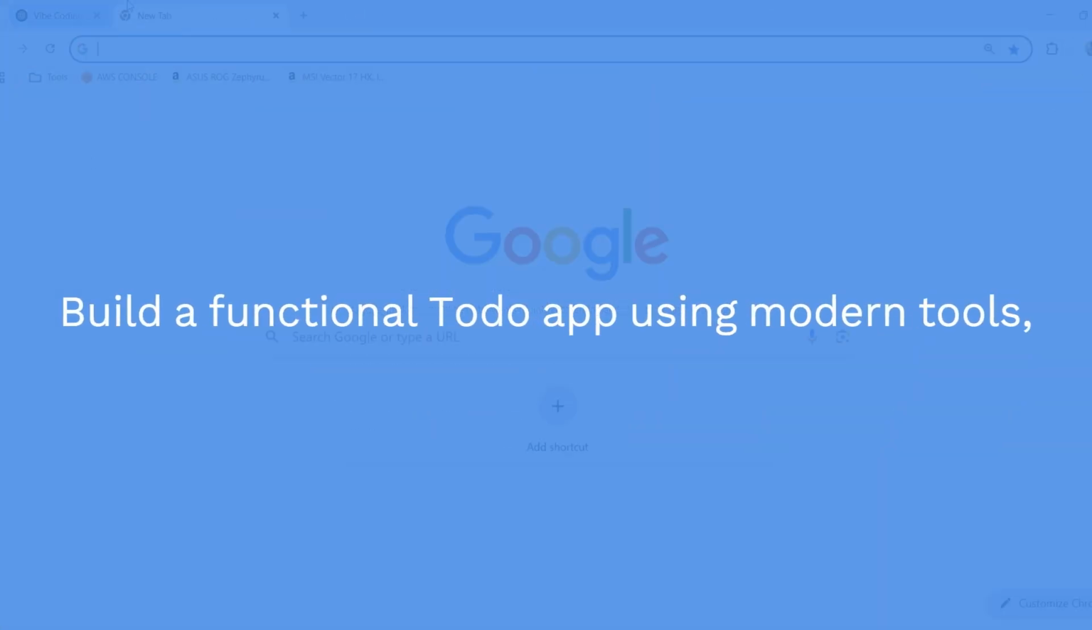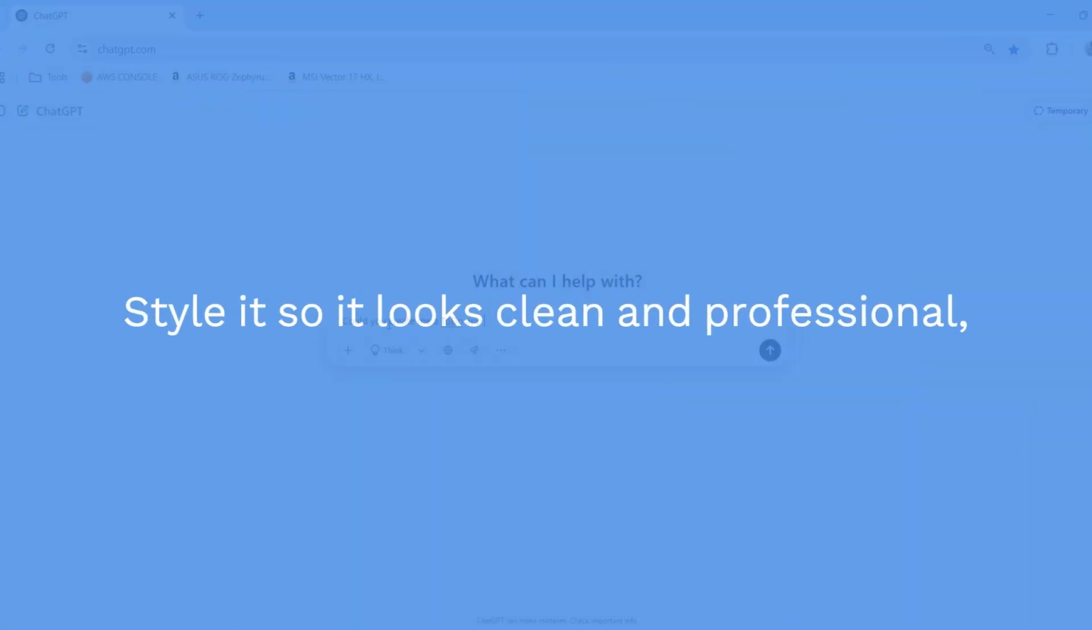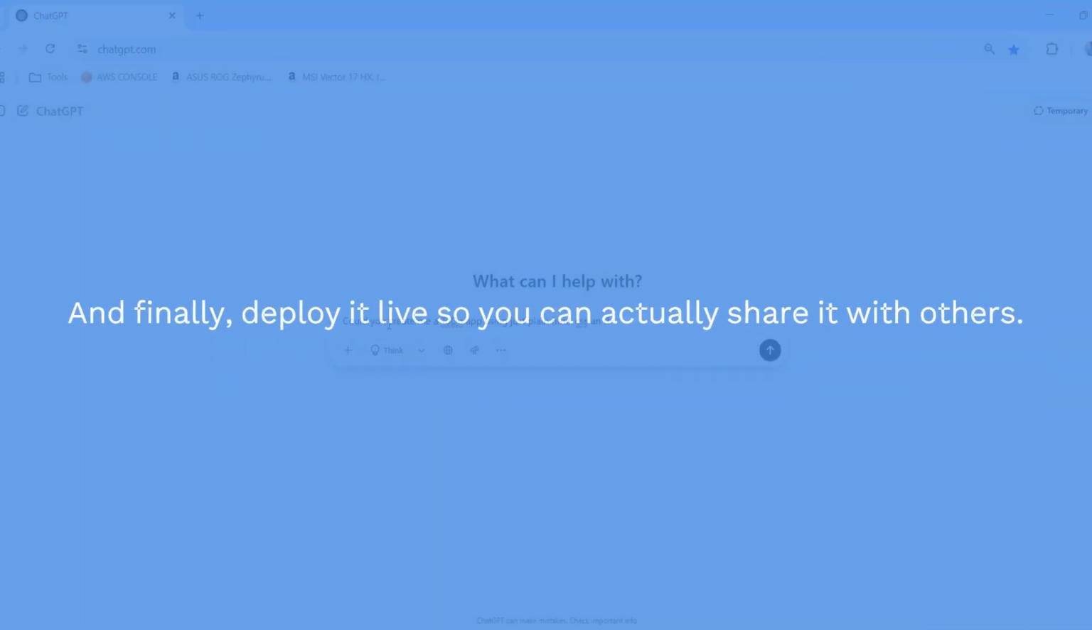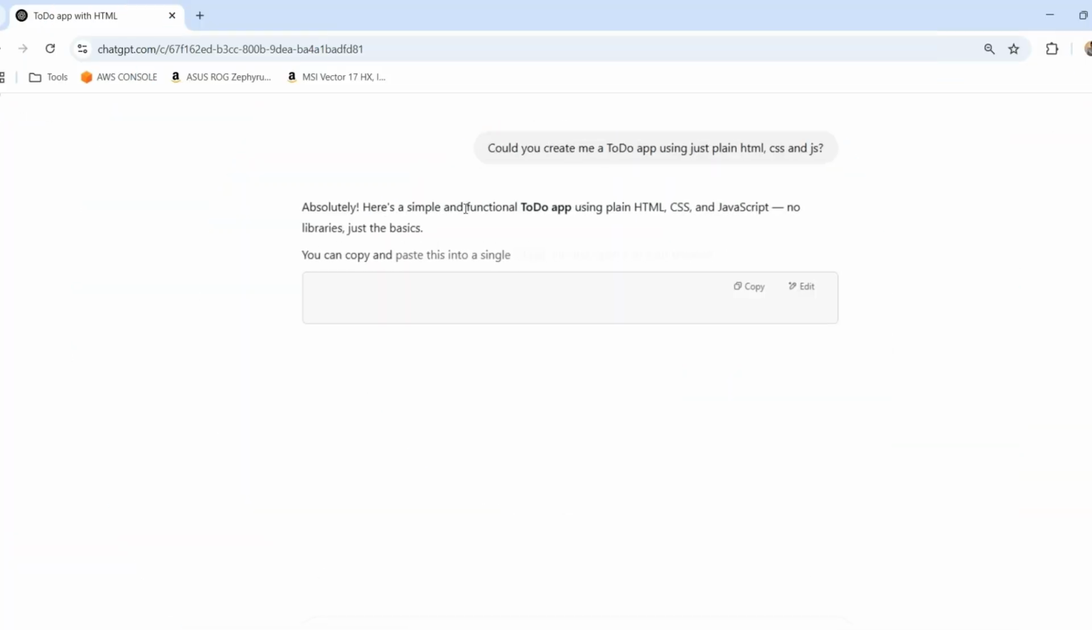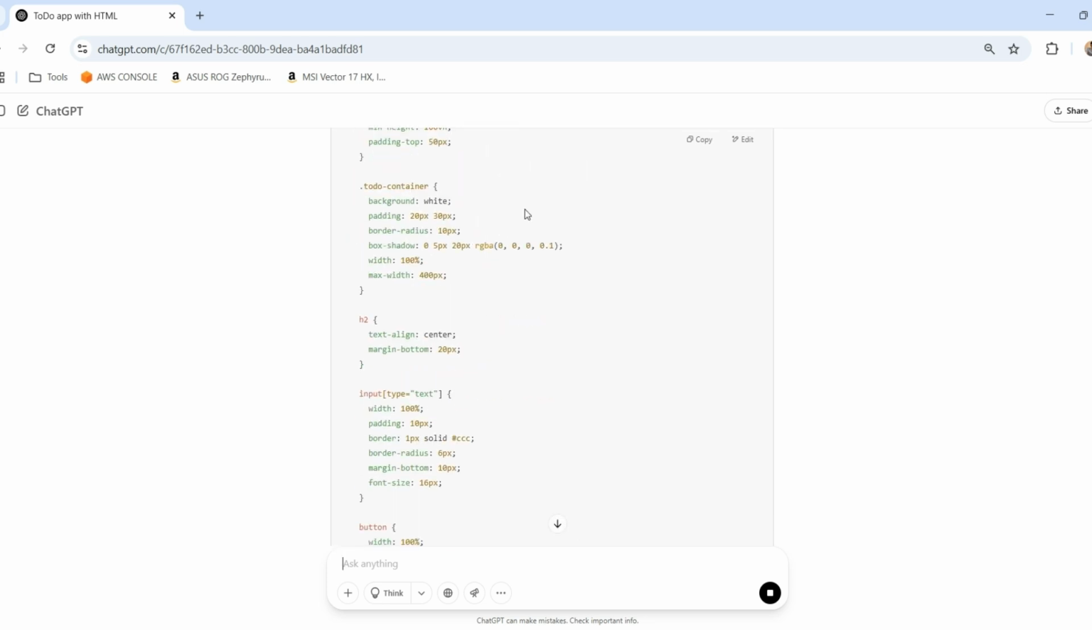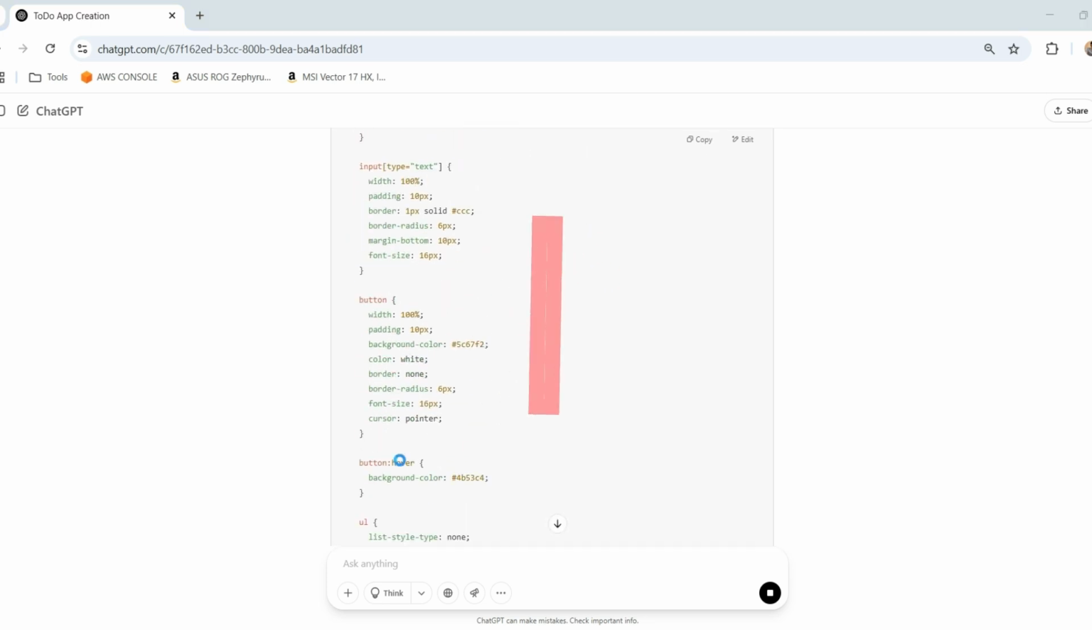You will learn how to build a functional to-do app with modern tools, style it so it looks clean and professional, and finally, deploy it live so you can actually share it with others. The goal here isn't to turn you into a pro overnight, it's to give you the fundamentals. Once you build this, you will have the confidence and the structure to go on and create your own real